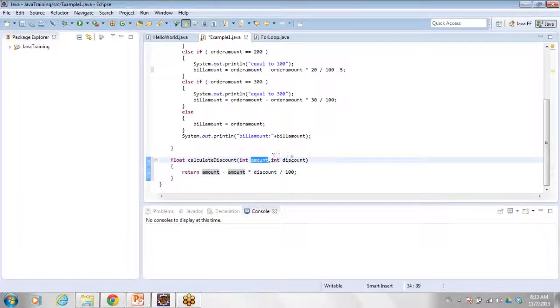So I have the amount and the discount. So I have used that and I have written the calculation of the discount and returned it.